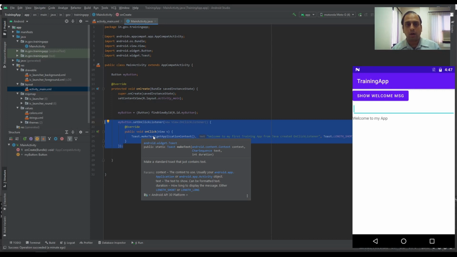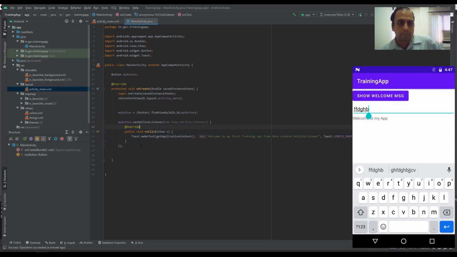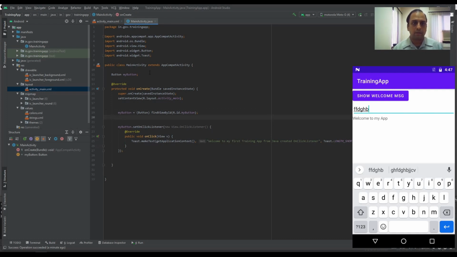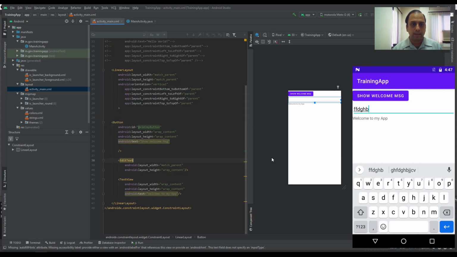Let us see how we can extract the text which is typed by the user inside this edit text, whatever I am typing here. How can I extract this? Okay, let us see. Let me first give the ID to this edit text.